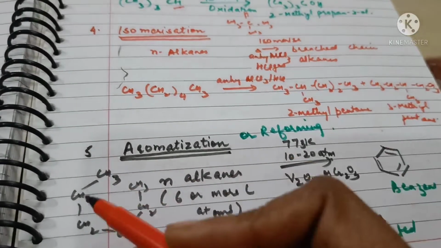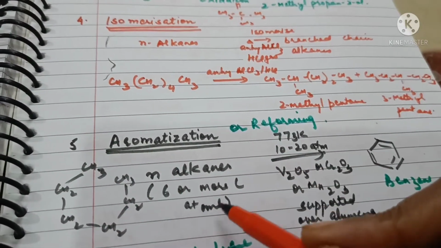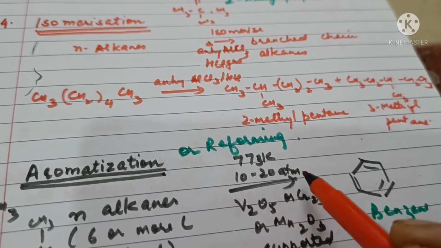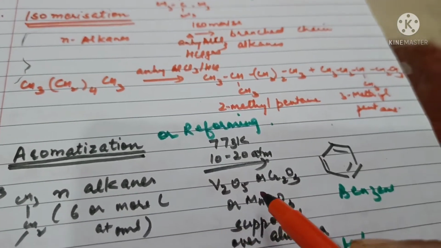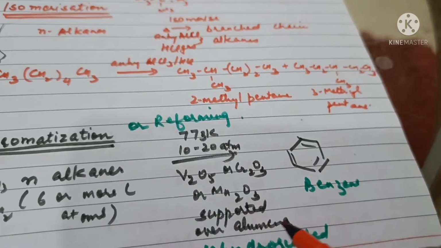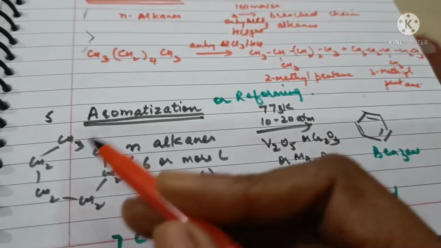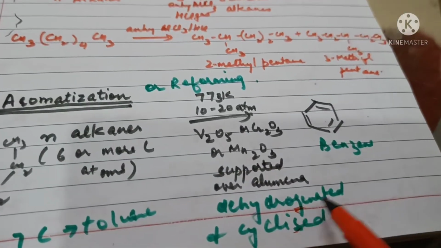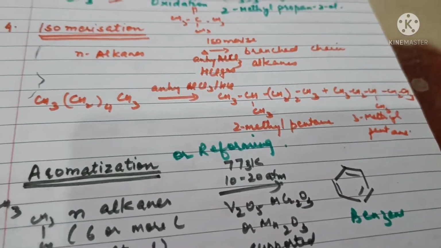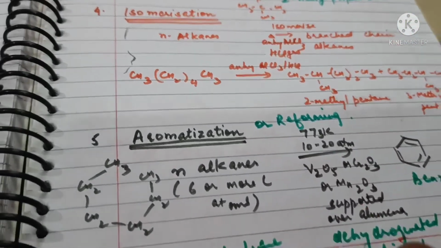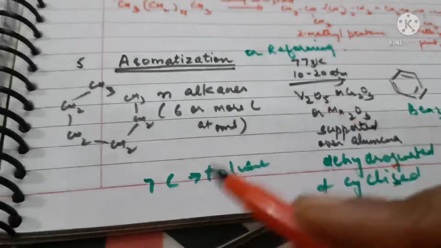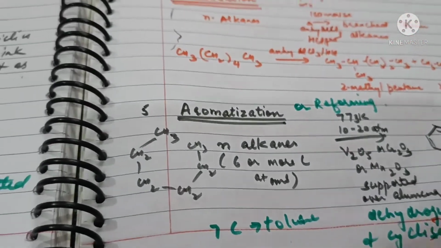Aromatization. When straight chain hydrocarbons containing 6 or more carbon atoms are heated at higher temperature and higher pressure of 10-20 atmosphere in presence of oxides of vanadium or chromium or molybdenum supported over alumina, the open chain compound gets dehydrogenated and cyclized to form an aromatic compound like benzene or its homologues. If we have a 6-carbon open chain compound, benzene is formed. If we have a 7-carbon compound, toluene,